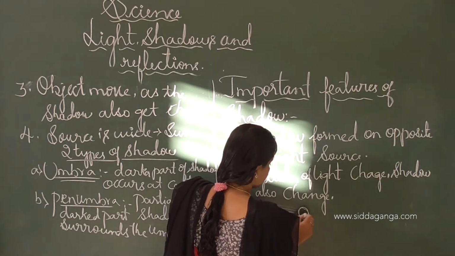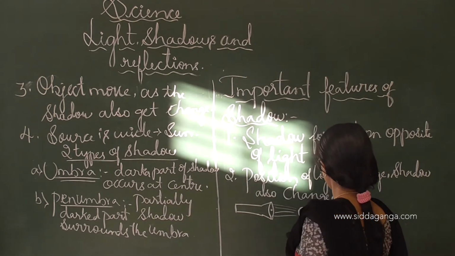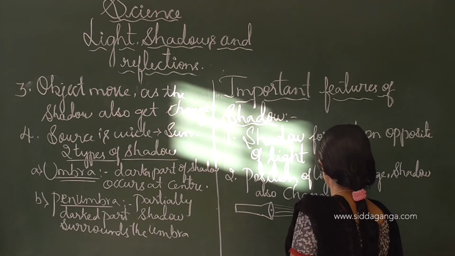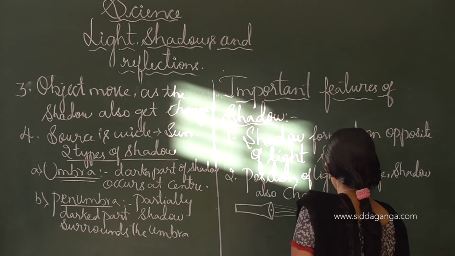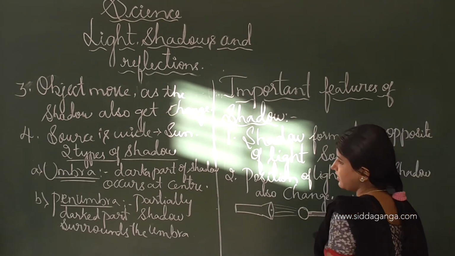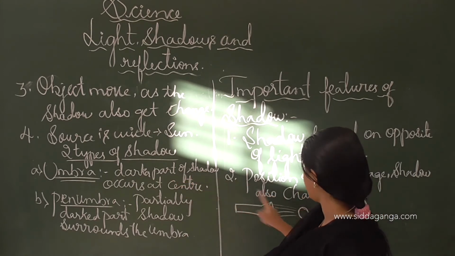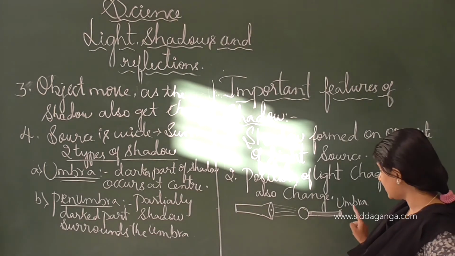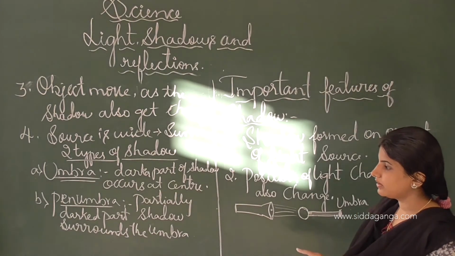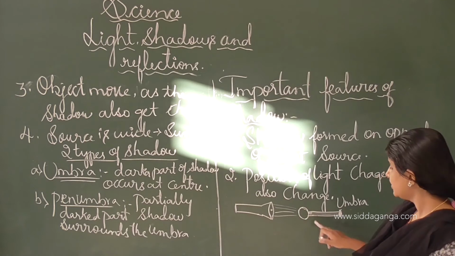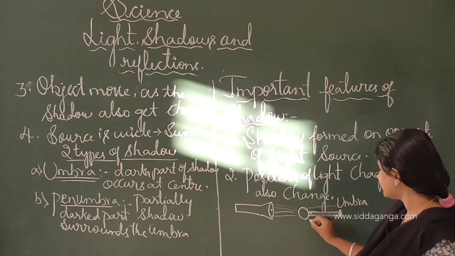Then the part of the shadow will be formed here, and this part will act as the umbra stage, where umbra is nothing but the darker part of a shadow. The darker part of a shadow occurs at the center. In the center region, this umbra stage will be formed, and the penumbra,